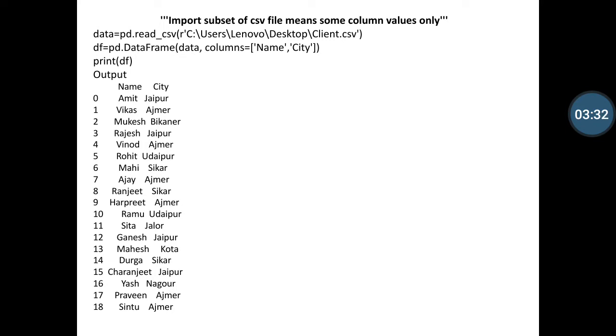Then I am defining how to import a subset of the CSV file, meaning only some column values of the file. In this example I use certain column values called from the client file that I prepared. Then I define a variable data is equal to pd.read_csv, defining the path where the file is stored. Then create a data frame, df is equal to pd.DataFrame, putting the values